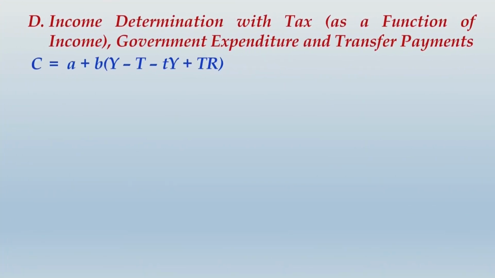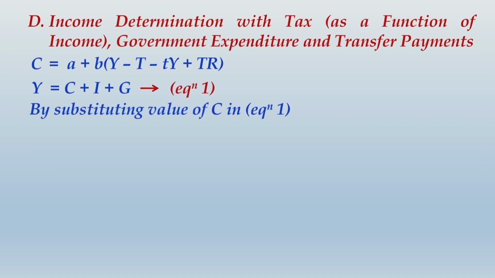C equals A plus B into YD. Now what was YD over here? Y minus T minus TY plus TR. So you know Y equals C plus I plus G, that is the first equation, and by substituting the value of C in equation 1, we get